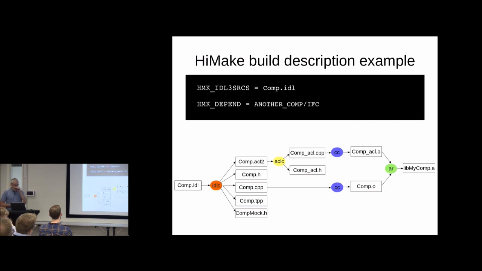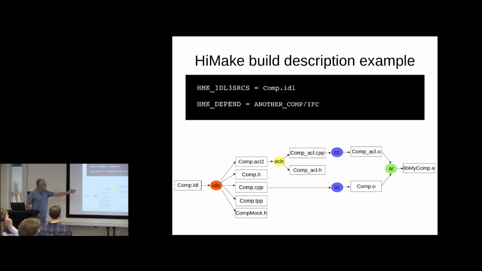And this shows one example of a build description file. This is an easy one. It specifies at the top that this component has one IDL3 file, IDL, Interface Description Language version 3. And then it states that this component depends on another component. So behind this HMK IDL3 sources, there's a rule that knows how to generate all the makefile statements so that the